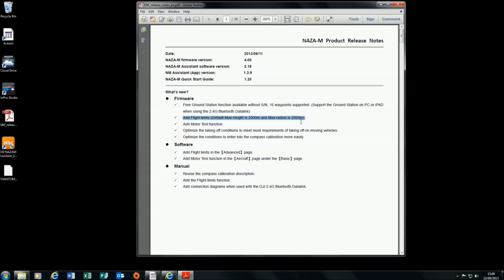This might be that they need to set up some sort of hysteresis or overlap on the actual radius, or it might be that people are just struggling with the actual process. I haven't tested this, but that's next on my list of things to do, so I'll be going out and